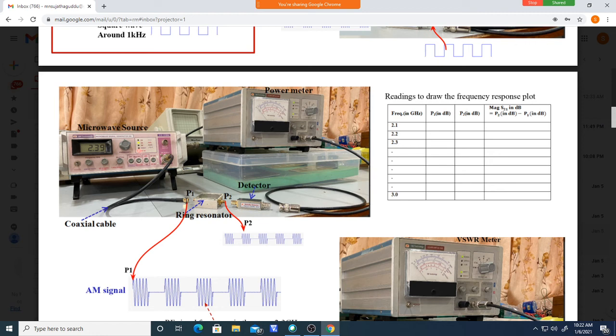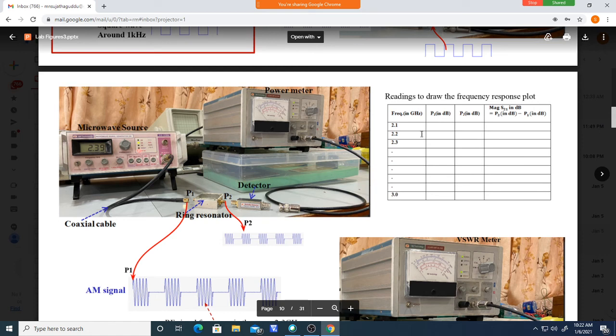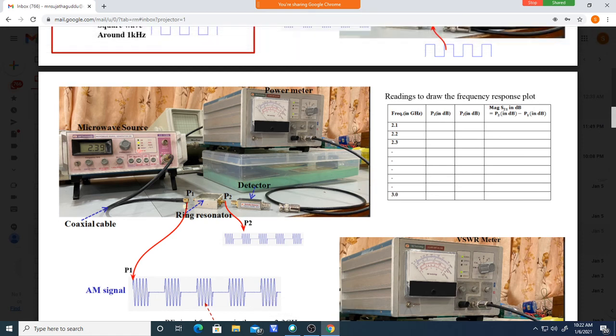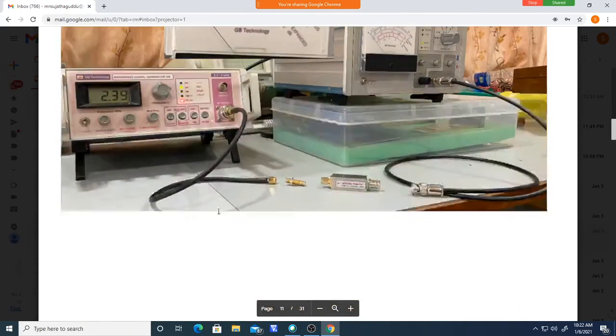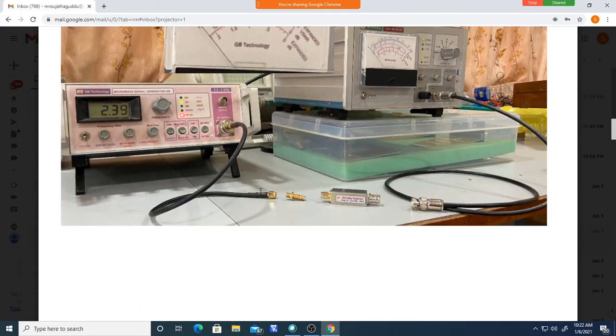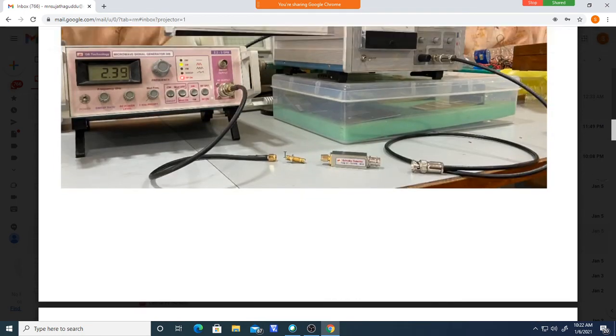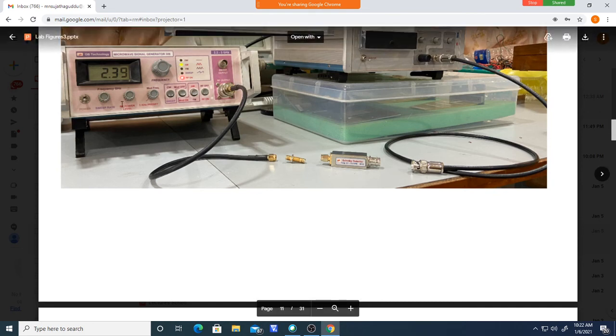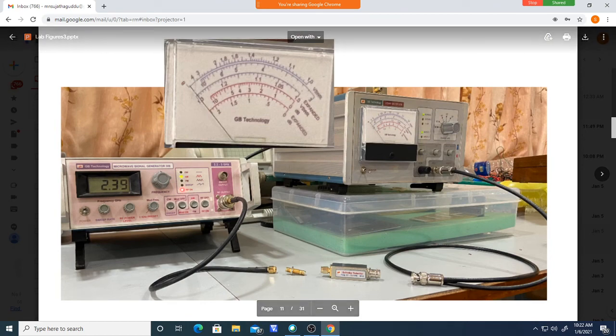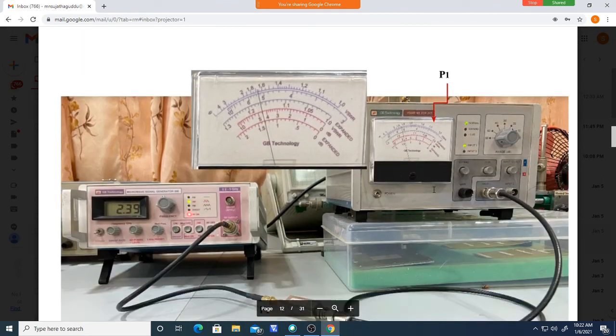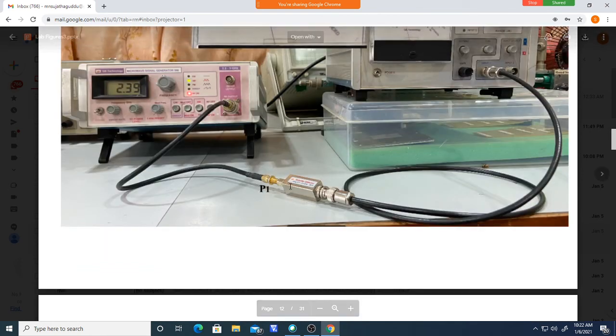Afterwards we keep that input power constant and only vary the frequency. You fix the input power and vary only the frequency. So how much power is coming from here, you should measure first before connecting to here. To measure that, you should do it like this. Take an output from here, pass it through the detector, and connect it to the VSWR meter. You can set the power here using this knob. Better you set it at a 30 dB level, input power minus 30 dB. Take an output and connect it directly.